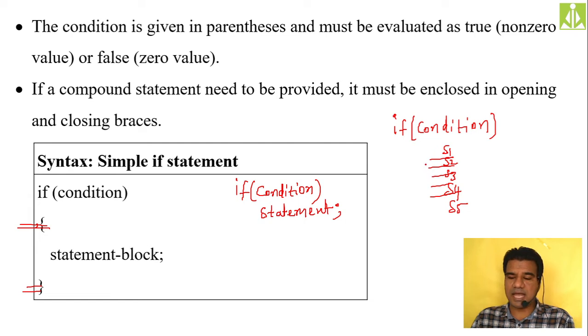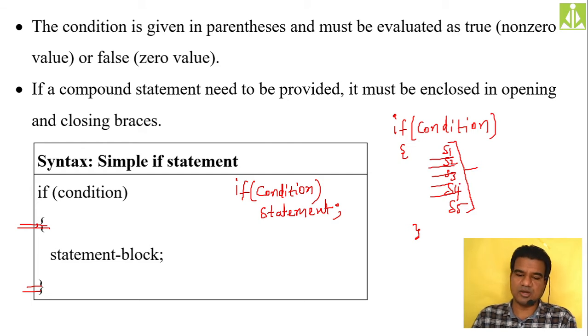How can we make this a block of statements? Simply put curly brackets before and after. Now this entire thing is merged. These 5 statements are merged and form a single statement. A block of statements will be considered like a single statement only. And remember, in every control structure, only one single statement is allowed. We can't put more statements inside the control structure. Hopefully you understood this one.